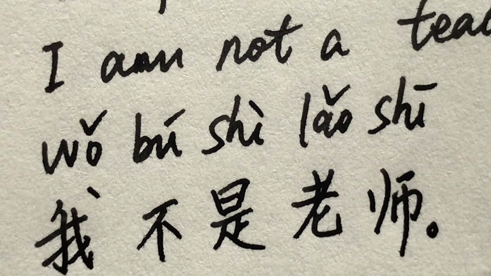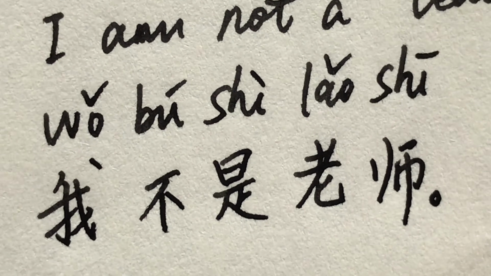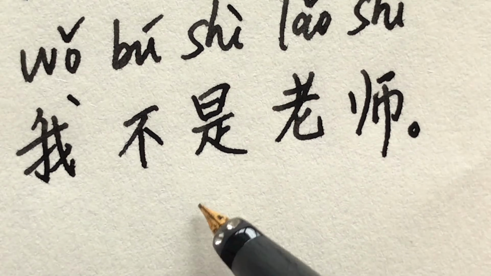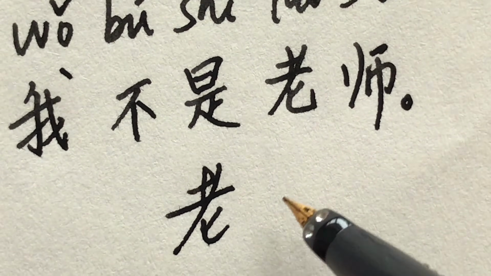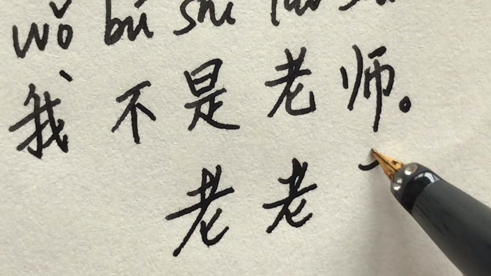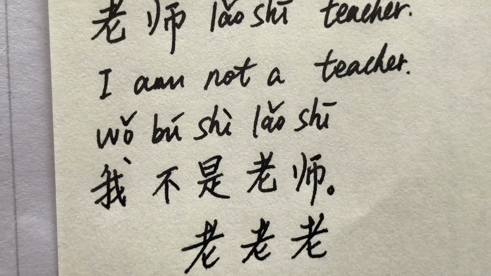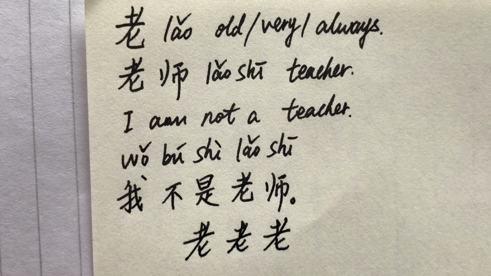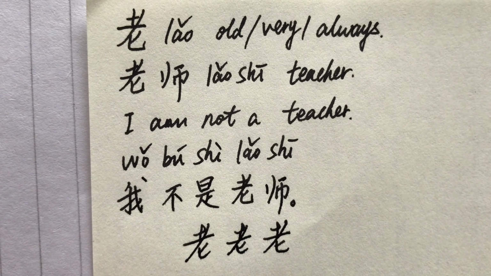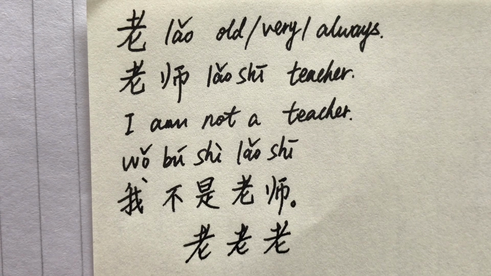My casual handwriting on the character 老。老 old very always 老师 teacher. I'm not a teacher. 我不是老师。